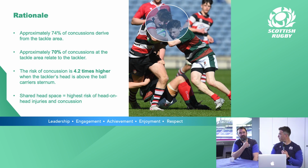And I think the positive signs are that there has been a trial before, and as you were saying, there have been significantly positive impacts on the game. I think it's also fair to say that this is still a trial, and we're still going to learn a lot from it globally. We know that when it comes to the tackle area, it isn't just the head-on-heads